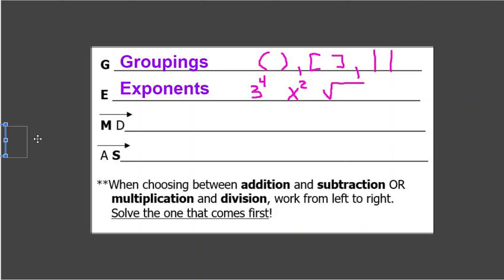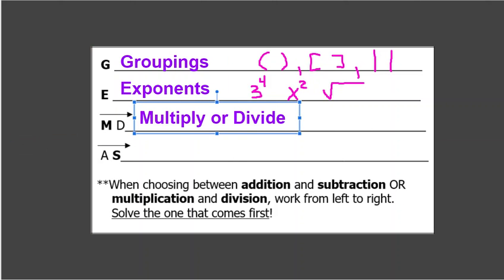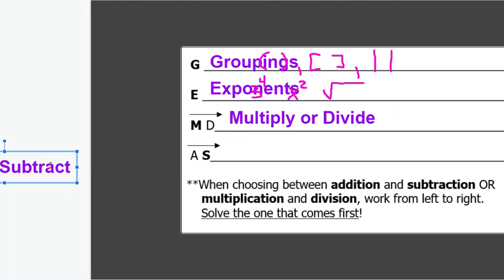The M and the D in GEMDAS stand for multiply or divide. Multiply or divide. And if you can see here, we have an arrow going left to right. That's because if we're working out a problem, we work from left to right, and whatever comes first is what we do. All right? And then the A and the S for